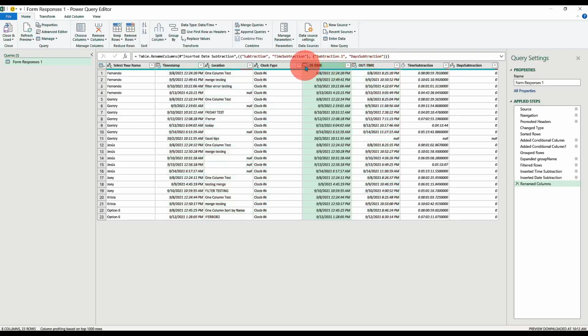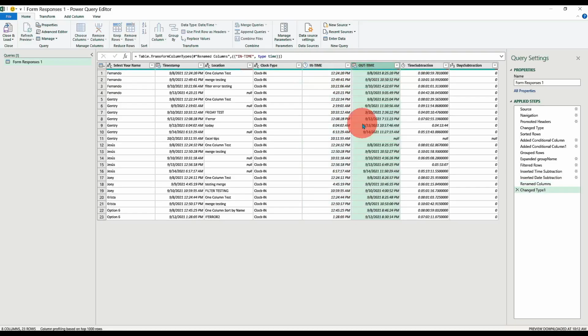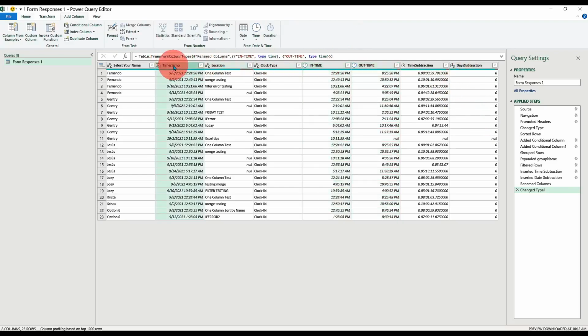One thing we can do here, we can go ahead and make this into time, these two here. And you'll notice the days has not changed. In this example, we actually will always have 0 days because it's always going to be clocking in. People don't typically work more than 24 hours. But I put that in the video because you might want to look at it for something else. Let's go back. When we click on timestamp, you could add another